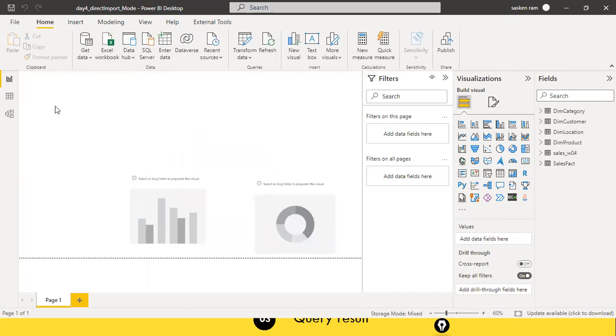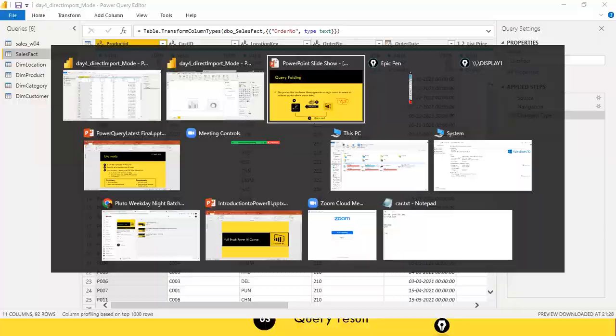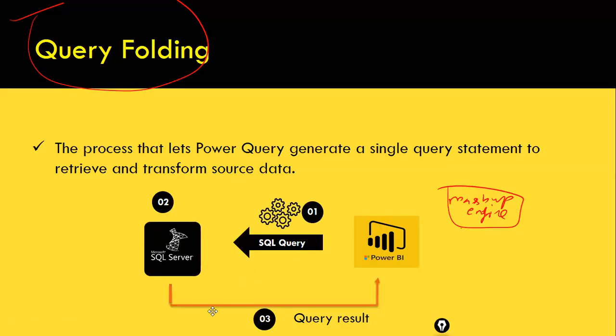But by default, the Power Query editor will automatically execute the query folding. In what situation? The prerequisite is that your source system should be a database. That is what query folding is all about. This is one of the excellent features that is available here,